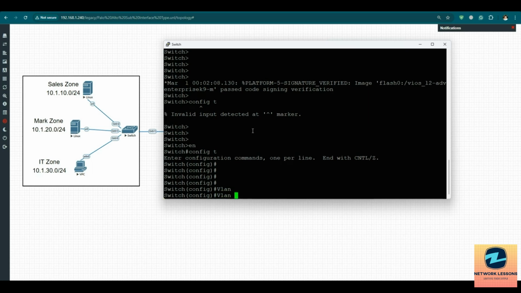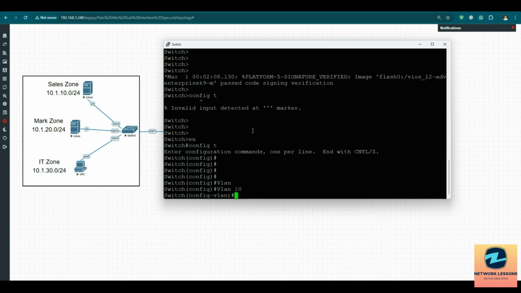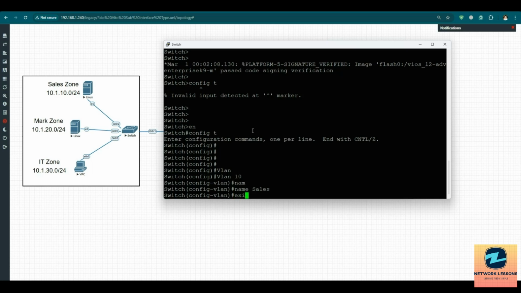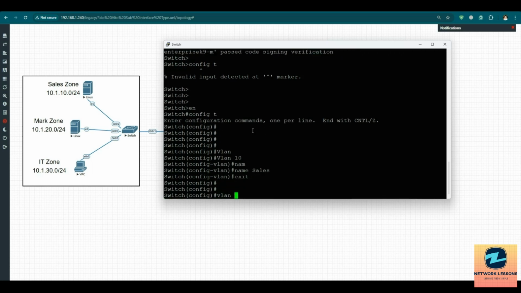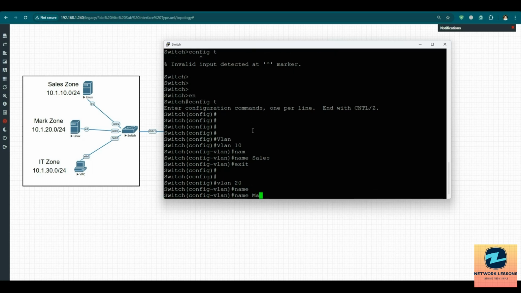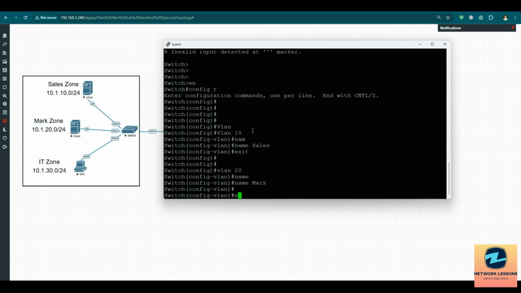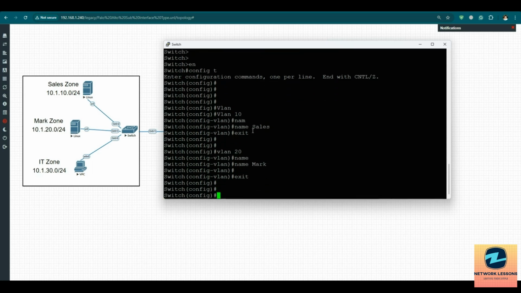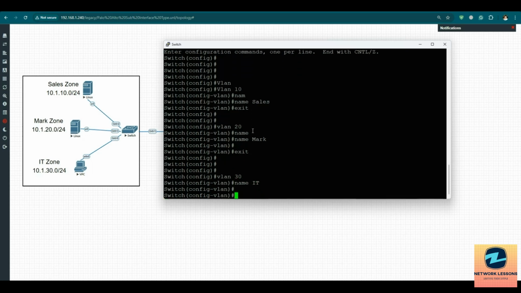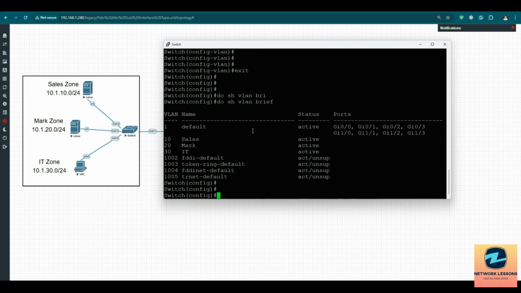So I'll just create VLAN 10, and this is going to have the name sales, right? And then exit, and then I have VLAN 20, name is going to be marketing, or just say mark, exit, and then I have VLAN 30, and the name is IT. All right, and then exit. Now if I do show VLAN brief, I should see all these three VLANs, but the interfaces are not